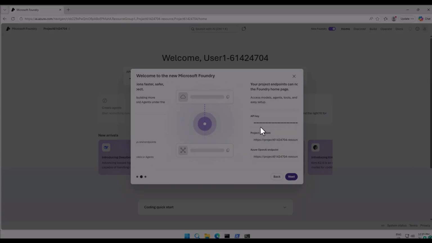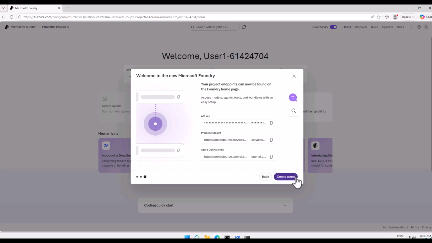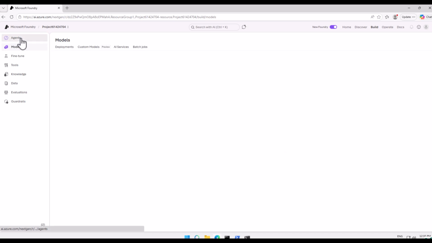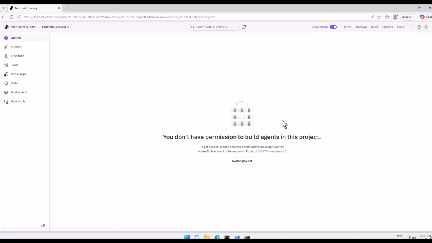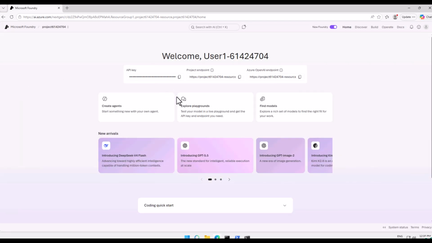I can click on next here and it will give me my endpoint and all this detail. I will say create my agent. Okay, here it is saying that you don't have authority to create, so I will switch my project. Alright guys, so what I'm going to do,